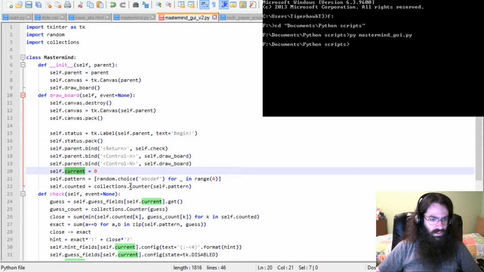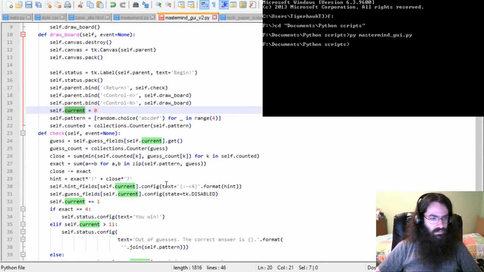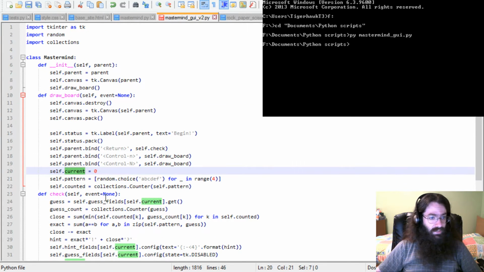Current, what's that used in? Oh, in which guess could be good. Something like this. Guess fields. Actually, a lot of that's going to have to change. I will design my canvas. Let's say